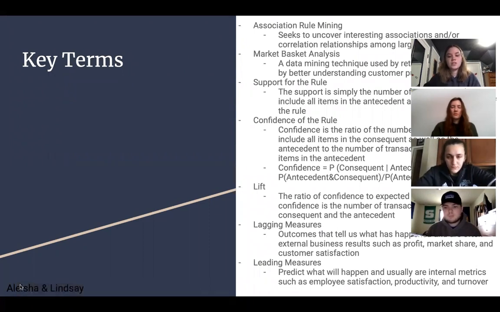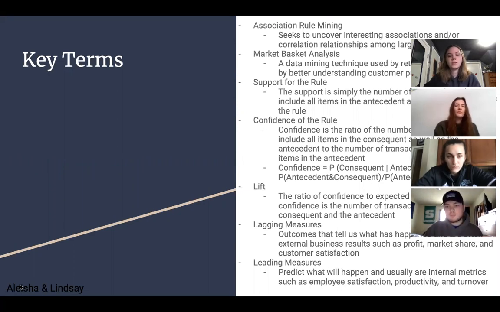We have the association rule mining, market basket analysis, support for the rule, confidence of the rule, lift, lagging measures, and leading measures. First, the association rule mining seeks to uncover interesting associations and/or correlation relationships among large sets of data. Next, the market basket analysis is a data mining technique used by retailers to increase sales by better understanding